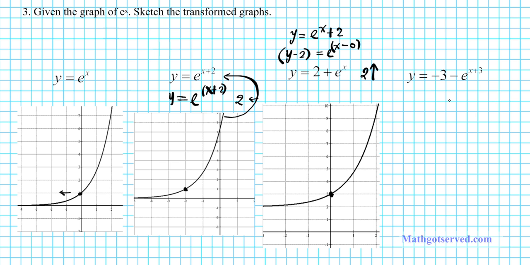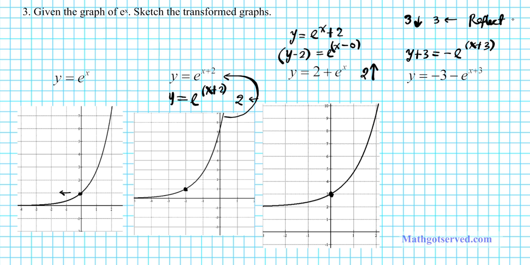All right, let's take a look at the last one. We have y equals negative 3 minus e to the x plus 3. So for this one, we can rewrite it in transformational form as y plus 3 equals negative e to the x plus 3. So written in this form, we have two shifts and a reflection. So plus 3 here and a plus 3 here means we'll shift 3 units down and 3 units to the left. And then this minus means we're going to